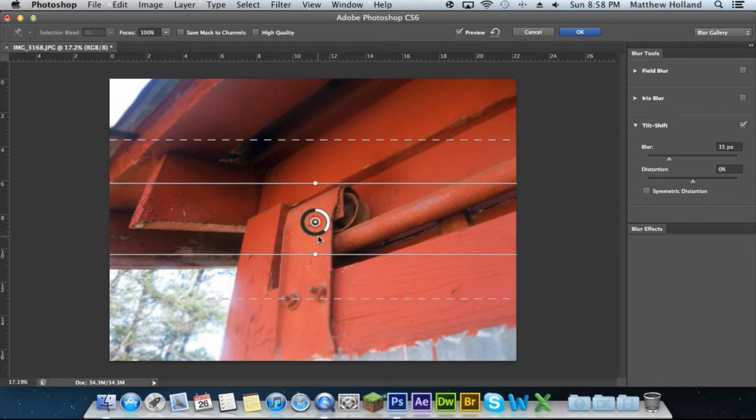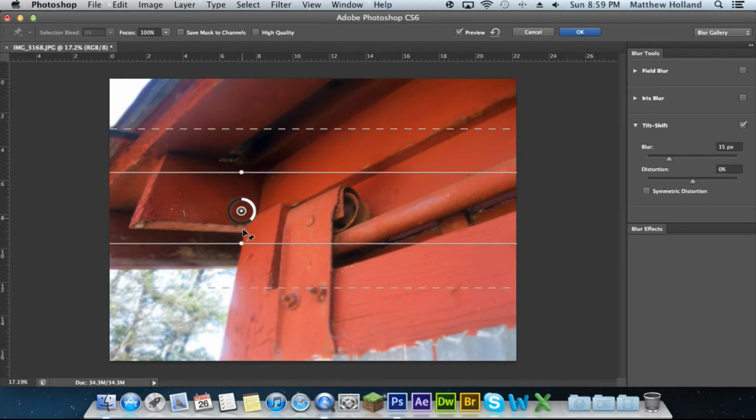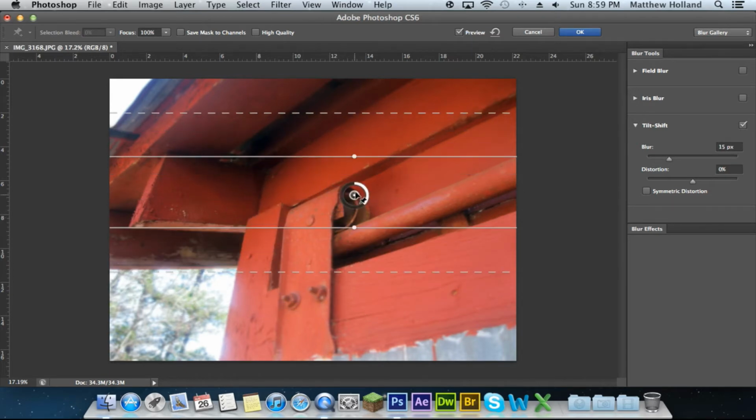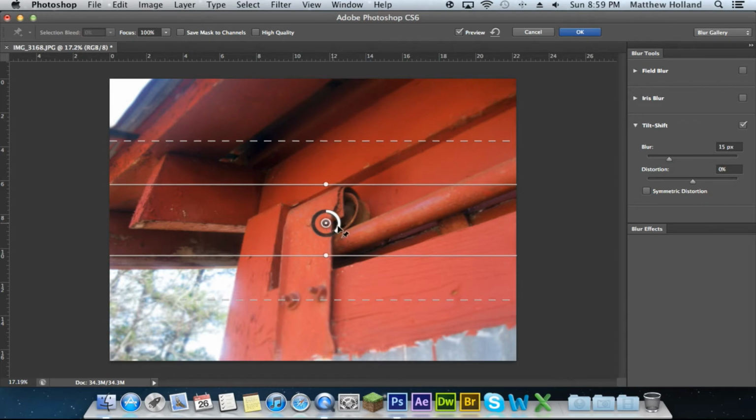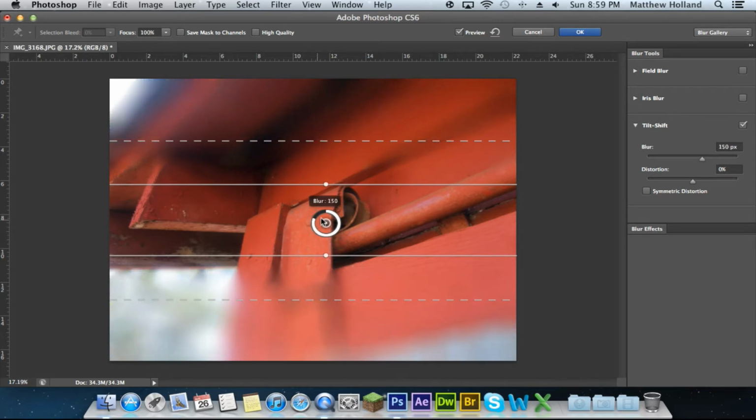But on top of that, I could grab this little circle in the middle and move this around to where I would like. This is a quick way to move it. But go ahead and put that back to where it was. And this white circle around it is the percentage of blur that you would like to use. So I could have